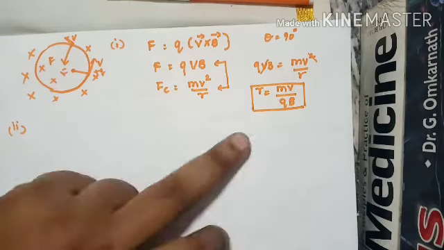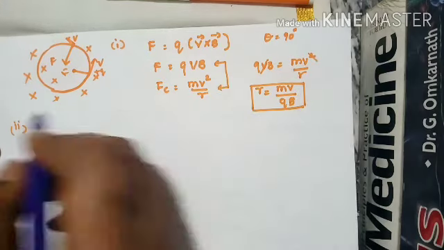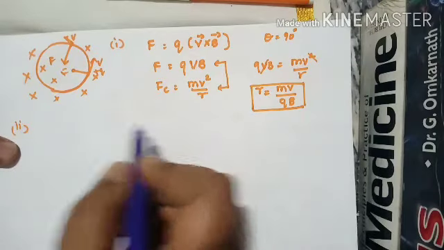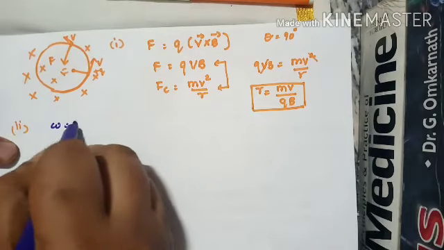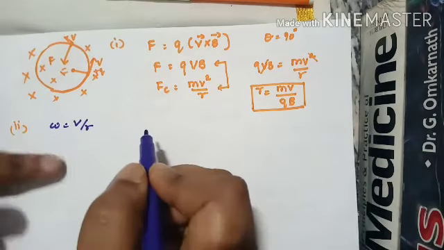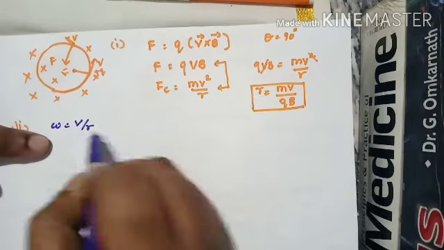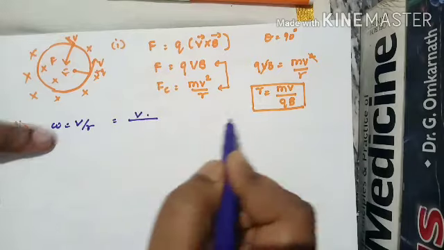So we stopped at finding the radius of the circular path of the charged particle in a magnetic field. Now after finding the radius, we can find the angular velocity, which you have learned in your 11th class, where omega is equal to V by R, or V is equal to R omega. Right. Then, substituting this value in place of R,